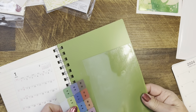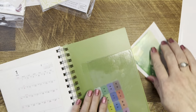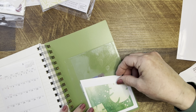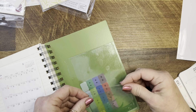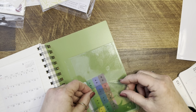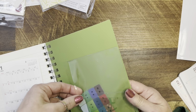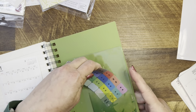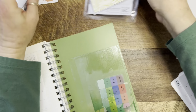Maybe I'll just stick these guys in there. And I could, that would be really fun. I could just stick this on top, so I'd have two pockets nested. Let's do that. Yeah, I like that. And then he can go in here. And if I can figure out what I did with the dots,